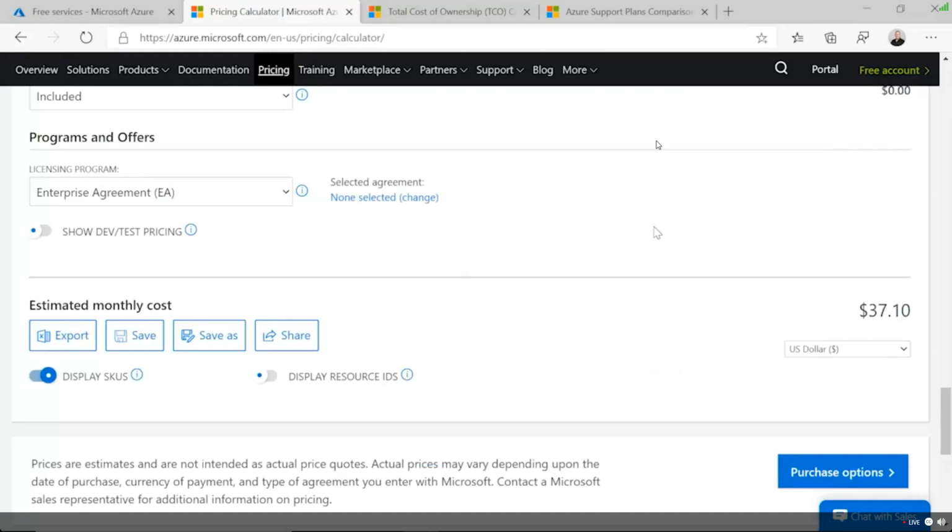Now, when you're in your portal inside your subscriptions for your company, any price you see inside the portal will be reflective of your enterprise agreement. But you can use the calculator to get that real pricing as well, which is a little trick by simply signing into that calculator to work with it. So let me switch back. Oh, actually, we're not going to switch back.